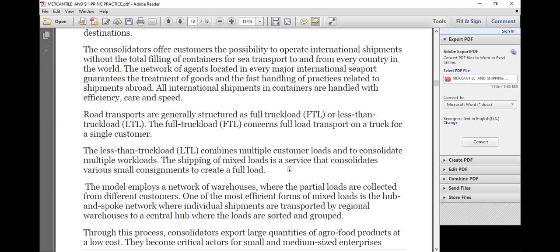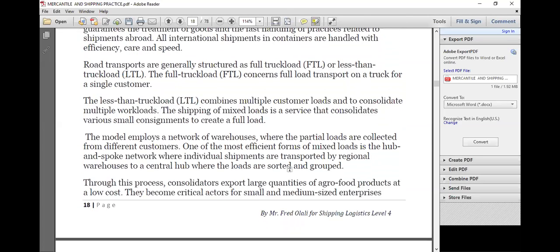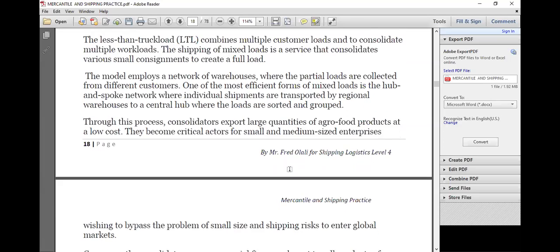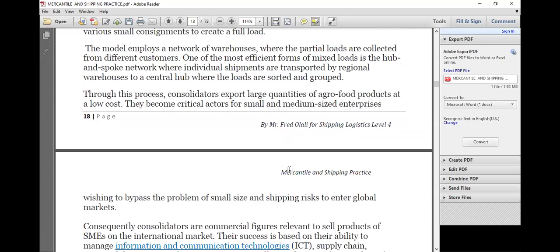And one of the most efficient forms of mixed loads is the hub and spoke network, where individual shipments are transported by regional warehouses to a central hub where the loads are sorted and grouped. Okay, you know what a hub is, eh? For those of you who have bicycles, motorcycles, you know there's that central point to which the spokes are